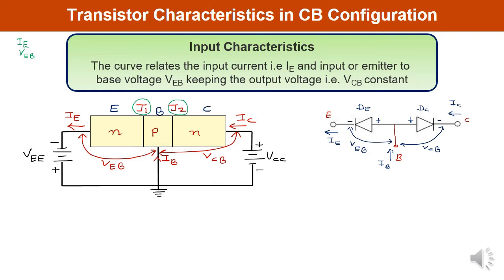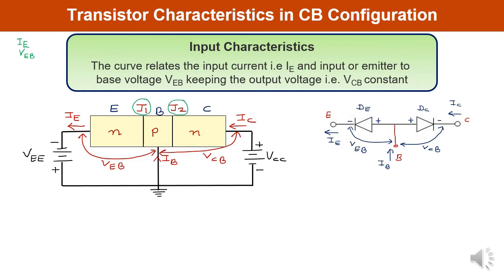And in this particular case also, you have to remember between which parameters you are going to plot this particular curve. So here you have to remember some important parameters: the emitter terminal is highly doped, the base is slightly doped, and the doping of the collector terminal is between the emitter and base, but the area of the collector is large. So to draw the input characteristic curve, as I have told you, we are going to plot the curve between IE and VEB by keeping VCB, which is the output voltage, as the constant.